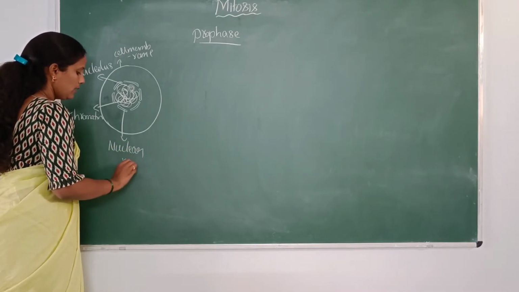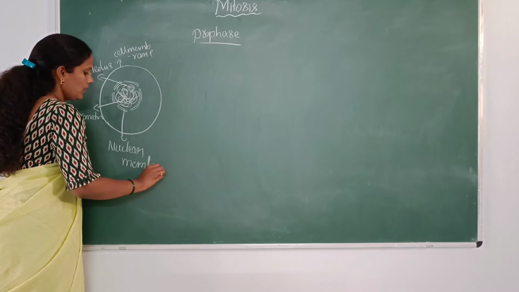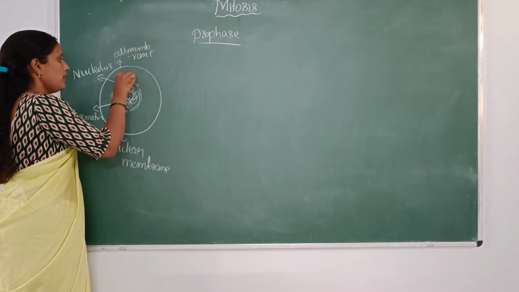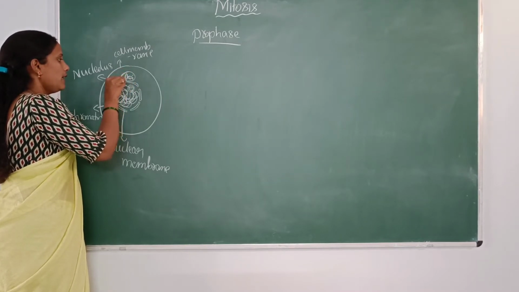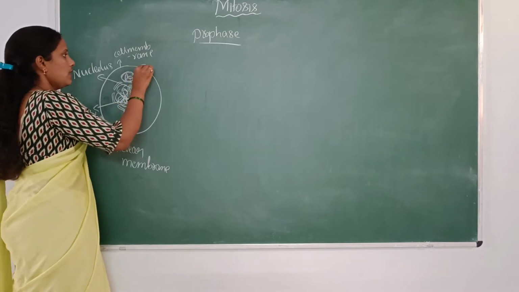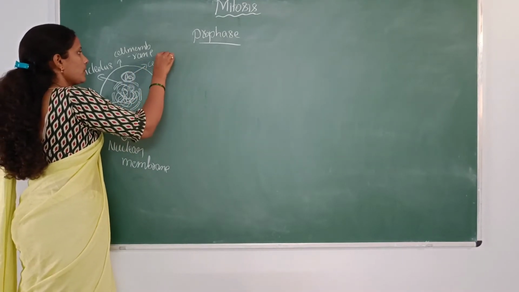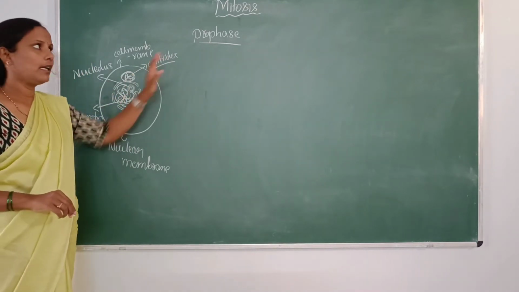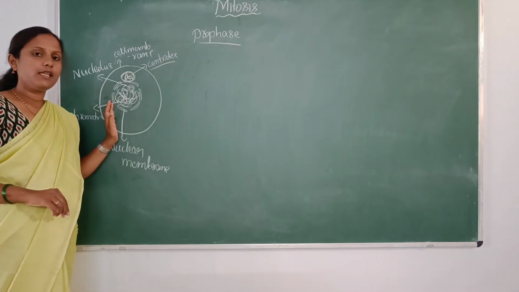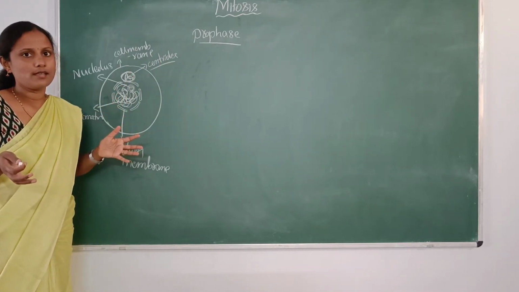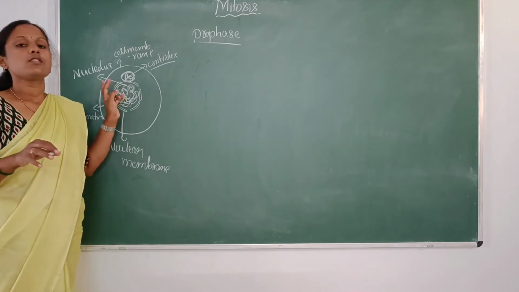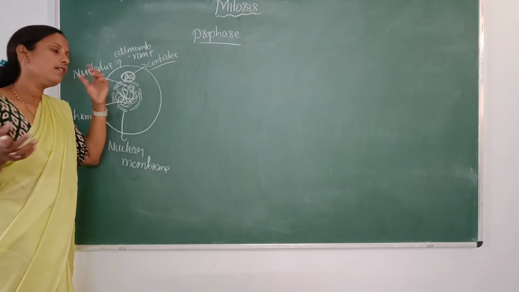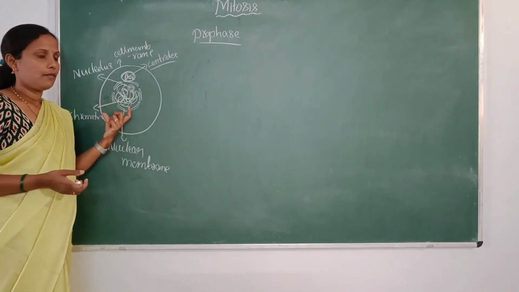And there is presence of centrioles, and we know that the centrioles are divided in the interphase itself. So these are centrioles. I am writing here only the things which are necessary for understanding the prophase. Of course, apart from these structures, there are many structures present in a cell. I am not focusing on that. Only those structures which are necessary for the prophase, the mitotic cell division, I am showing here.